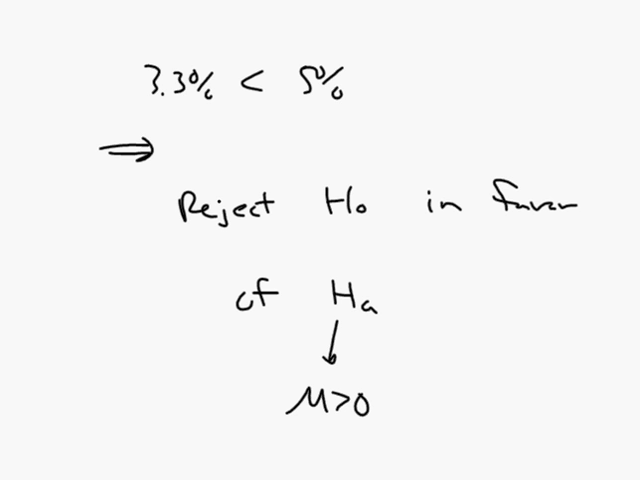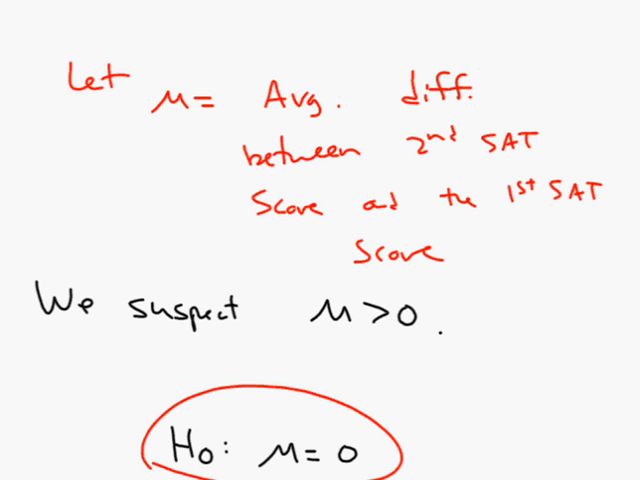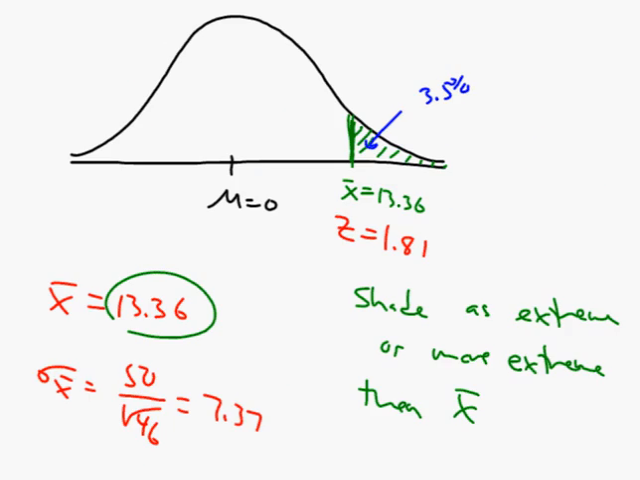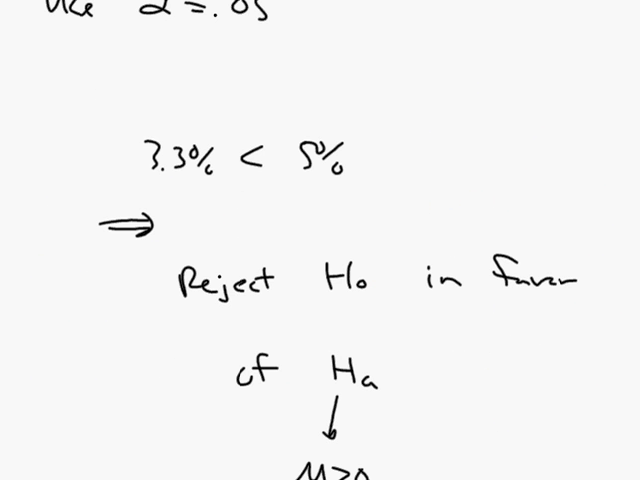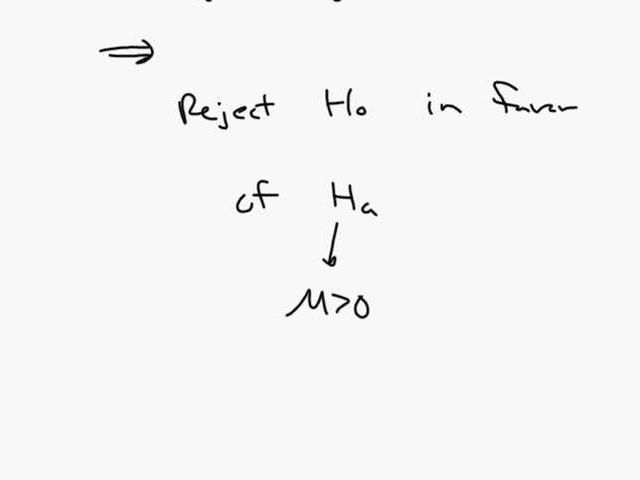Now sometimes after doing all this work, you'll forget what mu represents. So let's just go back and remember what mu was. Mu is the average difference between the second SAT score and the first SAT score. And we've just found evidence that mu is greater than 0. So if the second score minus the first score is something greater than 0, and we've just proven that, then that means that the second time you take the test, you are going to do better, and that HA is more likely to be true, and we can reject H0 in favor